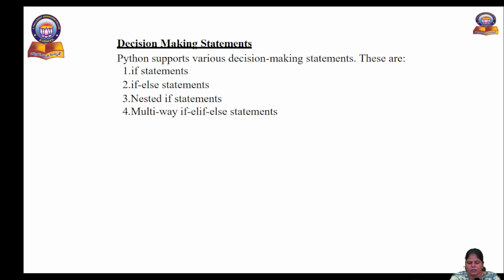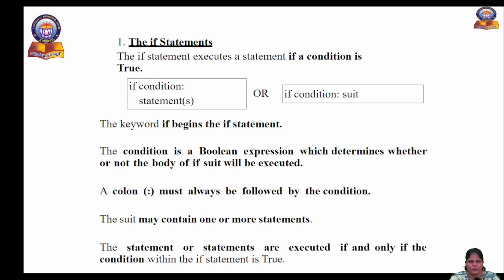These are the decision making statements available in Python for a programmer to make decisions. Coming to the if statement, the syntax of the if statement is if condition statements, or if at all you have only a single statement,